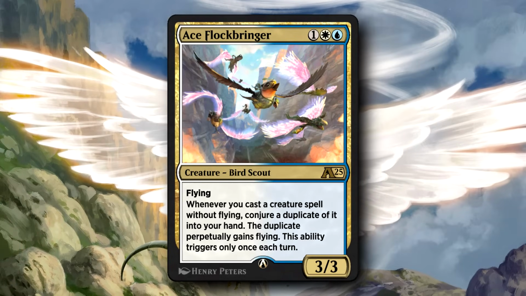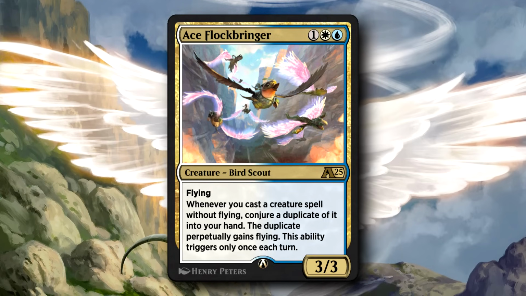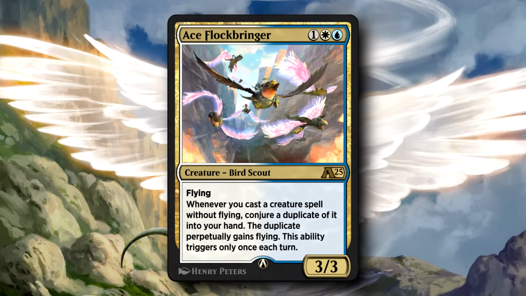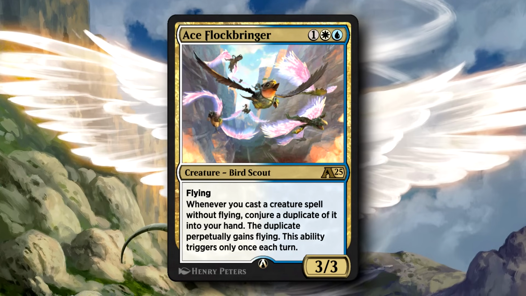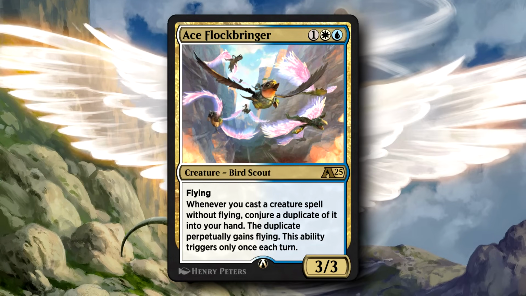Ace Flockbringer believes that every creature deserves to have flying. This is a 3-mana 3/3 Bird Scout with flying, and whenever you cast a creature spell without flying, you conjure a duplicate of it into your hand. The duplicate gains flying. This ability only triggers once each turn, but it gives you duplicates of each creature that you cast, meaning that the Ace Flockbringer helps you go wide with Azorius aggro, and gives half of your creatures